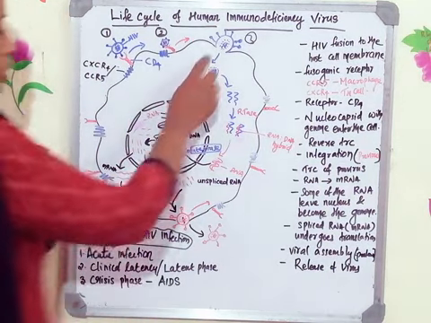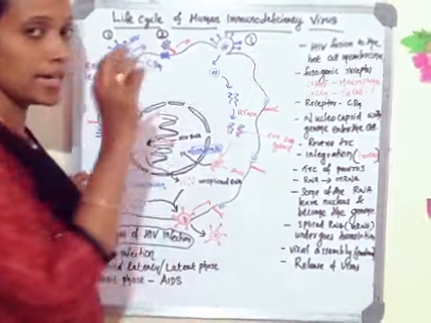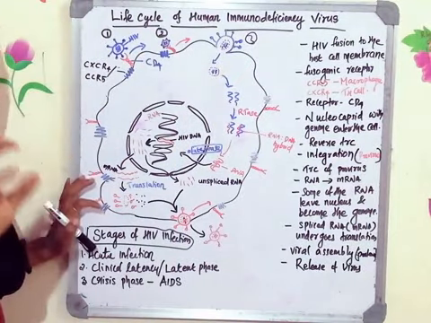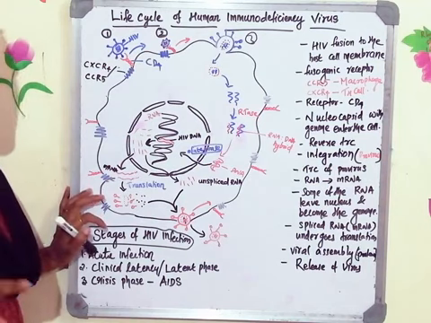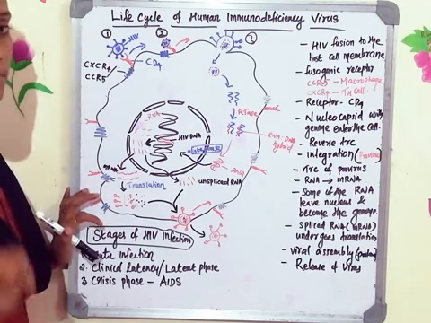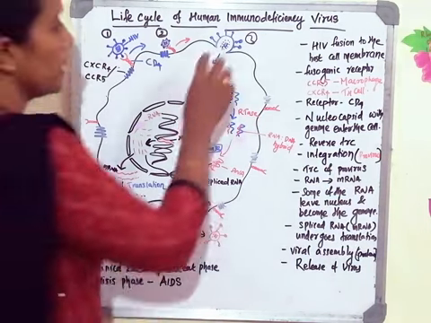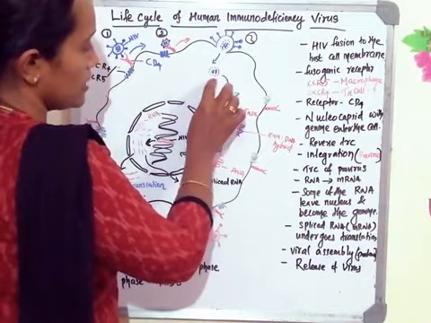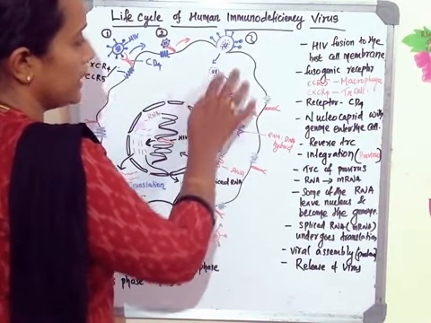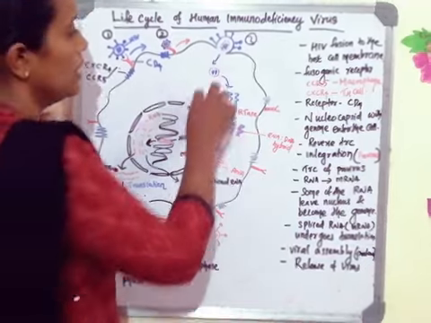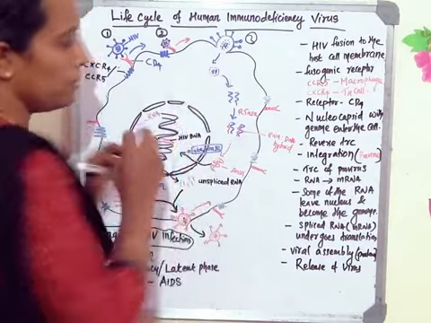So the nuclear core along with the nucleic acid and the enzymes. You remember the structure of the virus? It has an RNA genome which is associated with 3 different types of enzyme: 2 copies of reverse transcriptase, protease and the integrase. That nucleic acid along with the enzymes, covered with the nuclear core, enters into the cell. Okay. So within the cell, the nuclear core will be digested.